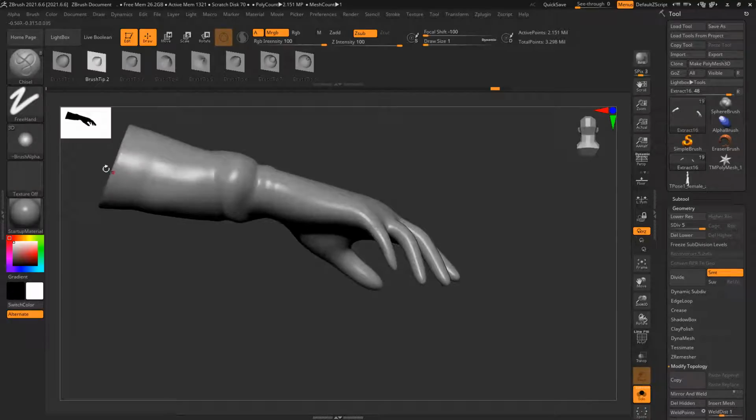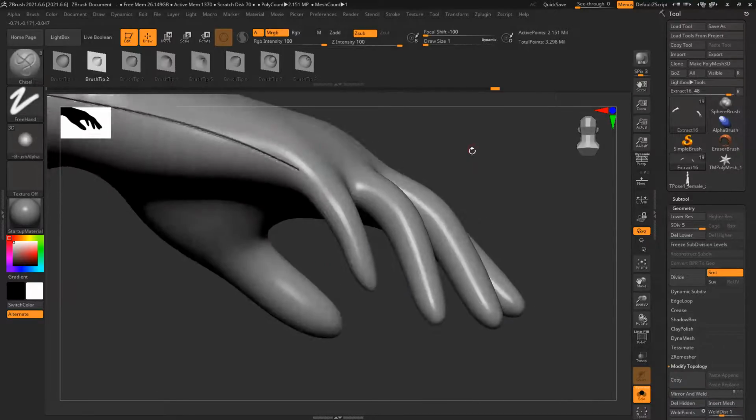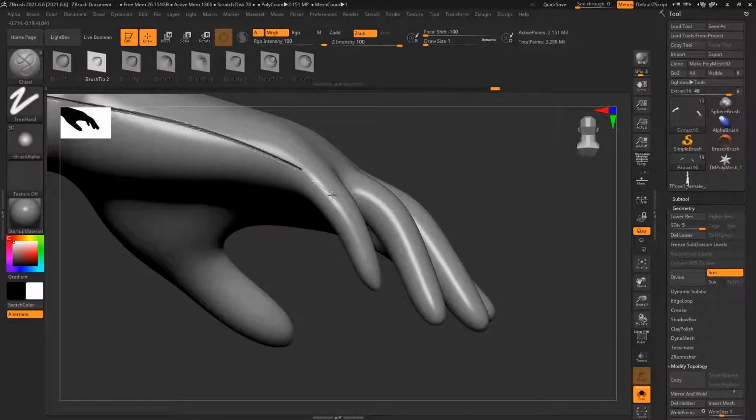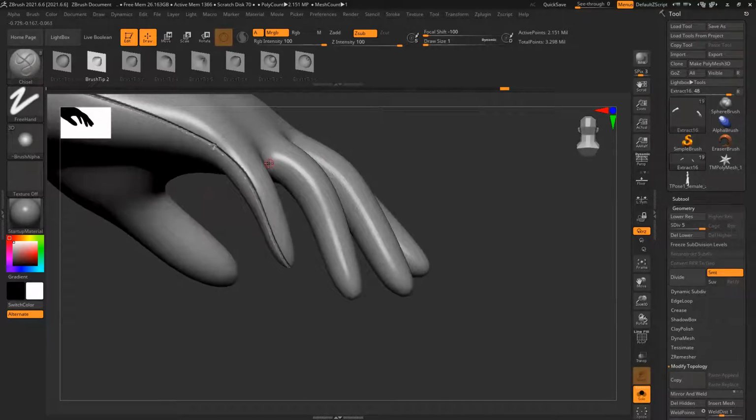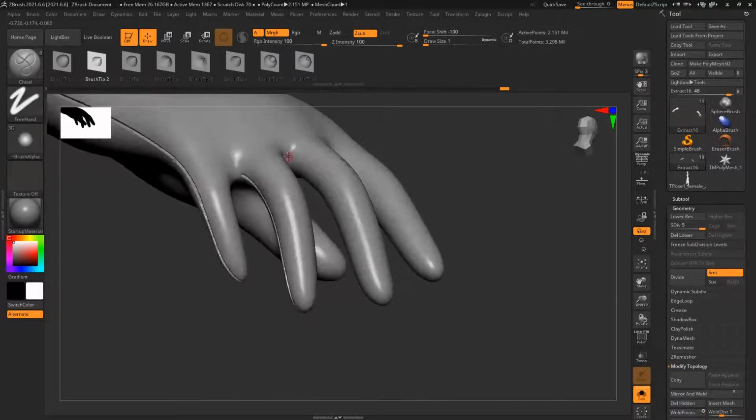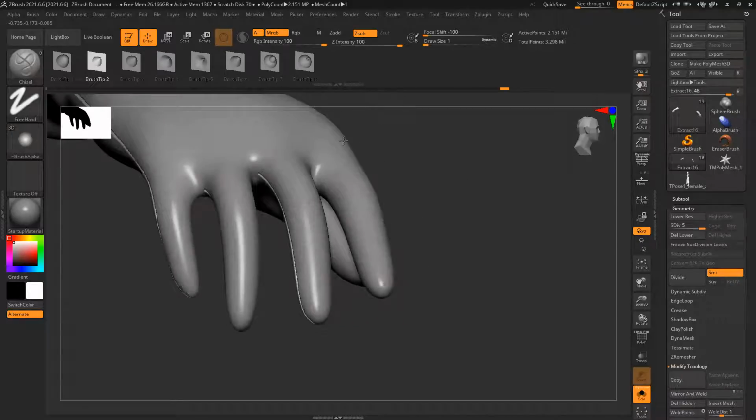I should take a break in between. I'll fix this manually. I can do it in Substance also directly.